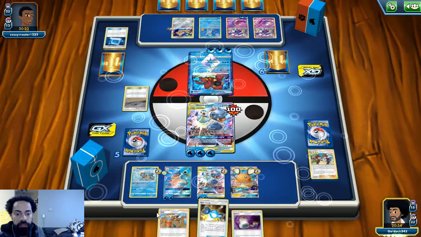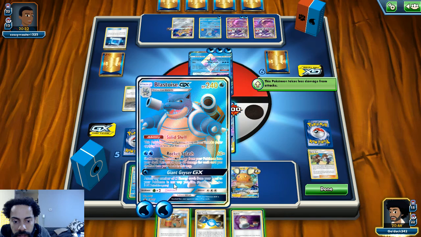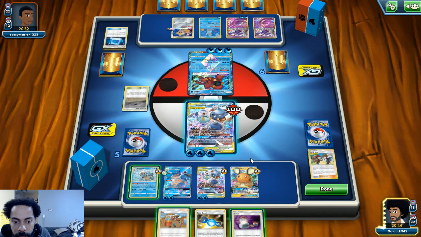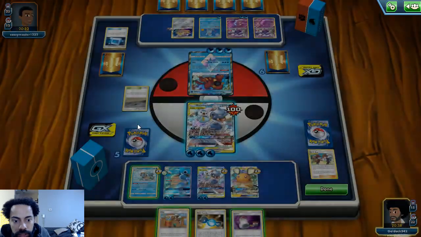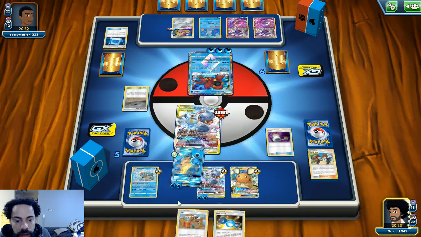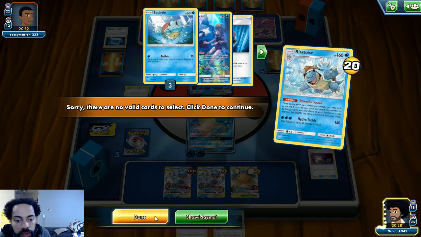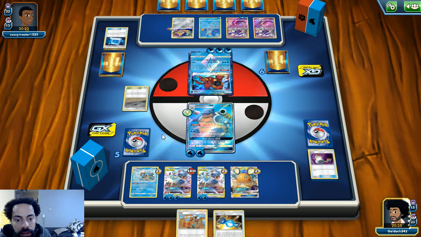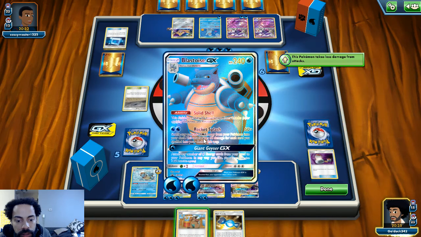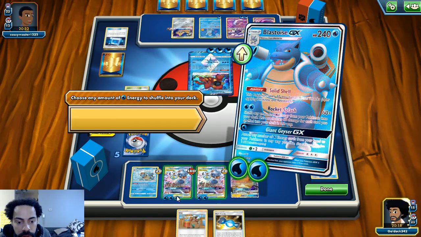And unfortunately for us, the Volcanion survives. So I might just switch to Blastoise right now, to this Blastoise, and just shuffle 3 energy in. I think I will do that. First, let me get 3 extra energy into play. Nope. Okay, that took a little longer than it should have. Alright, so I'm just gonna Rocket Splash for 1, 2,